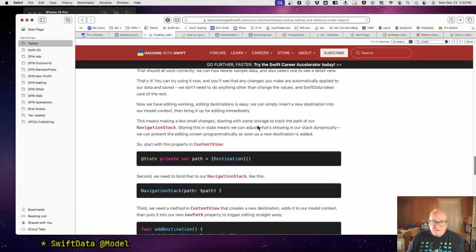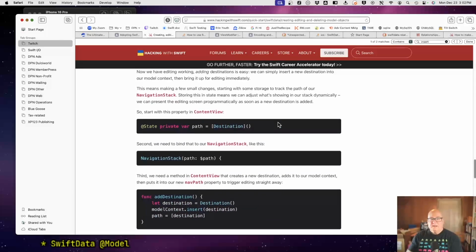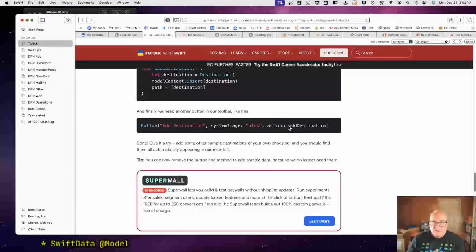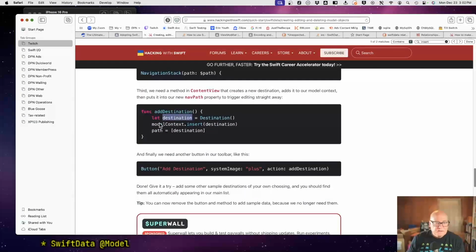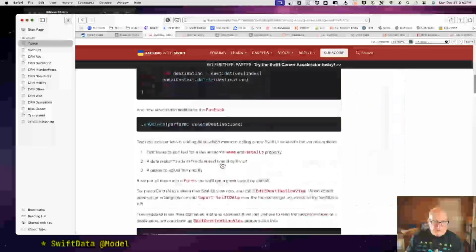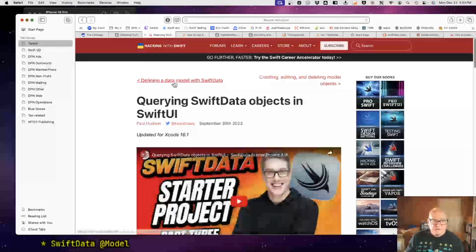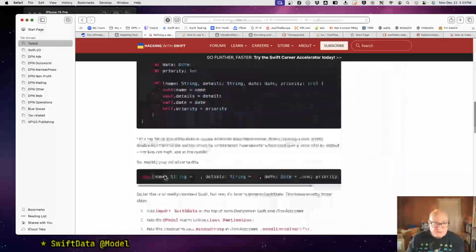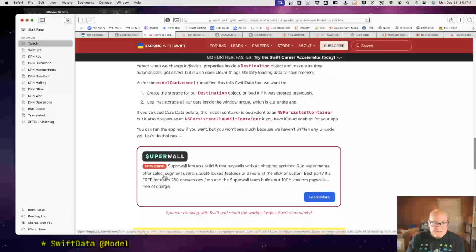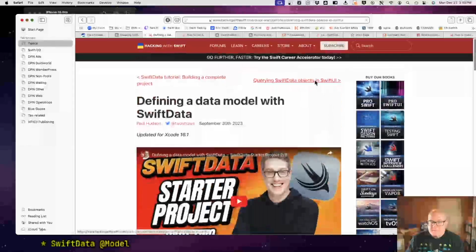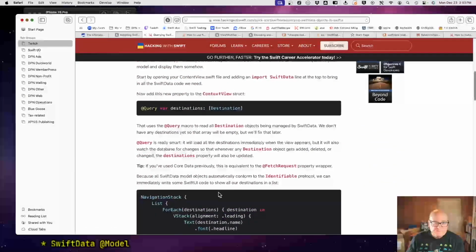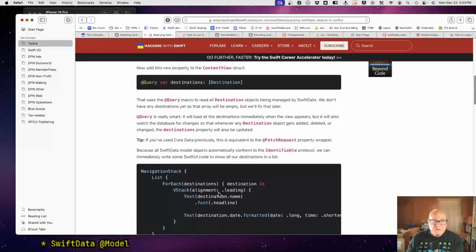Okay. A few small changes, starting with storage to track our navigation stack. Well, I don't think we're doing that. I mean, somewhere, add destination. Right, we need to do this. Model context equals insert. Okay, and then the model context, we need an environment variable for that. I think he put one in one of his early steps there. No. So at query,